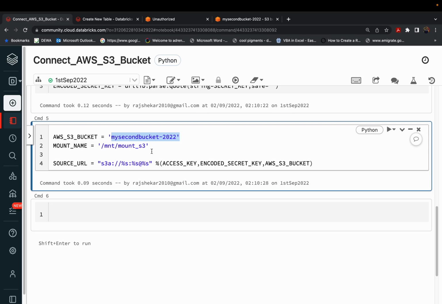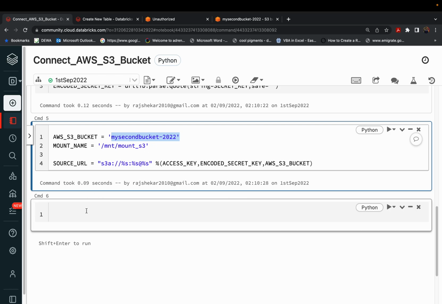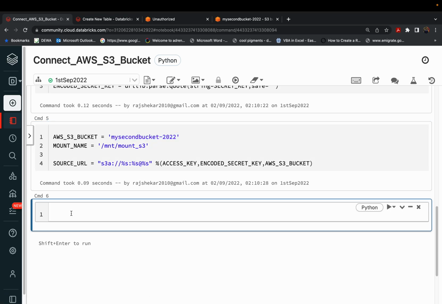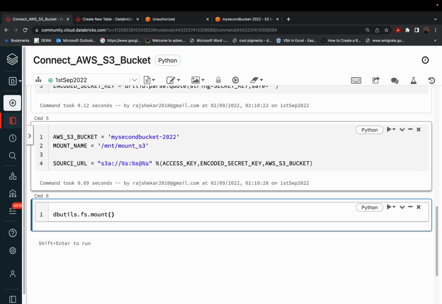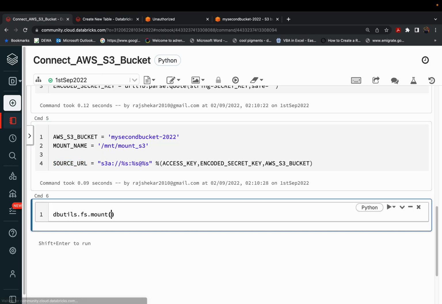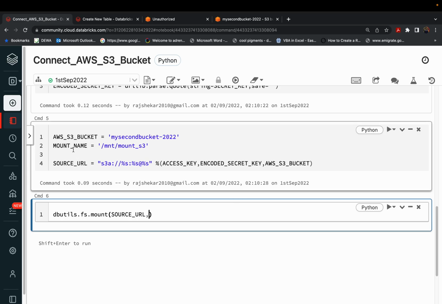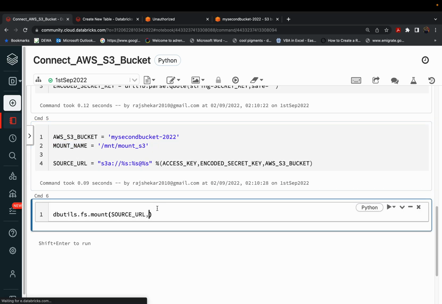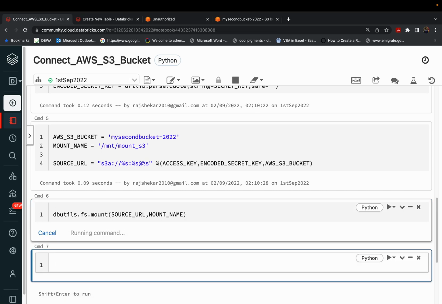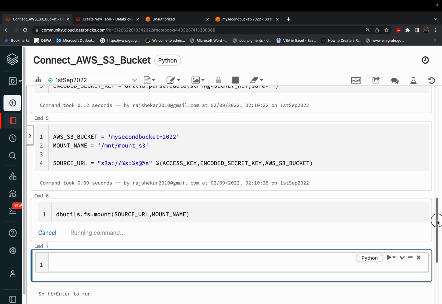right? So once we have created the variables, we have to use Databricks utility functions, dbutils.fs.mount. This is the first time which we are using it. So we need to mount the source URL, right? And then the mount name. So which name we want to access these things, right? And if I press enter, it should attach our Databricks workspace with our Amazon S3 bucket. So it's running. Hopefully it will be done in a second,